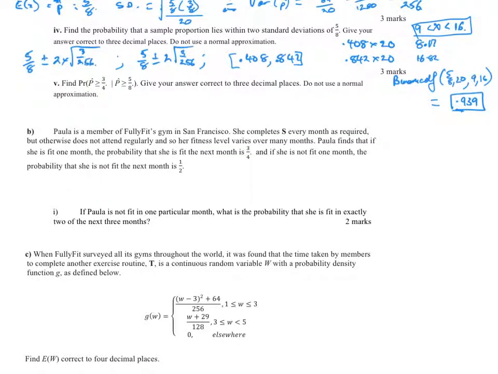So we've got a conditional one here. So what have we got? We need the probability that p hat is greater than 3/4 and p hat is greater than 5/8 over the probability that p hat is greater than 5/8. So my top line has got to be bigger than 3/4 and bigger than 5/8. Well, 3/4 is 6/8. So it's the probability p hat is greater than 3/4 over the probability that p hat